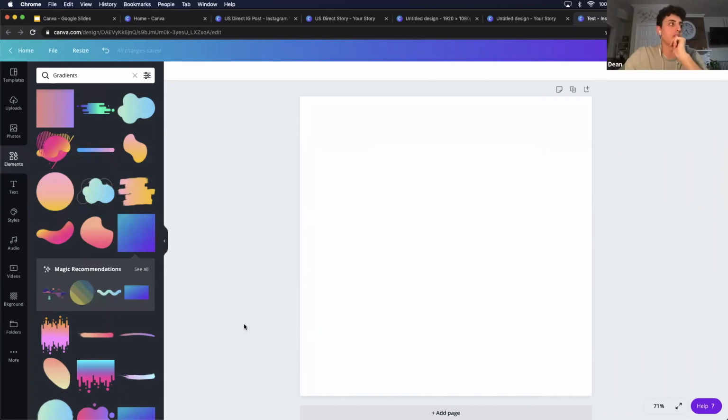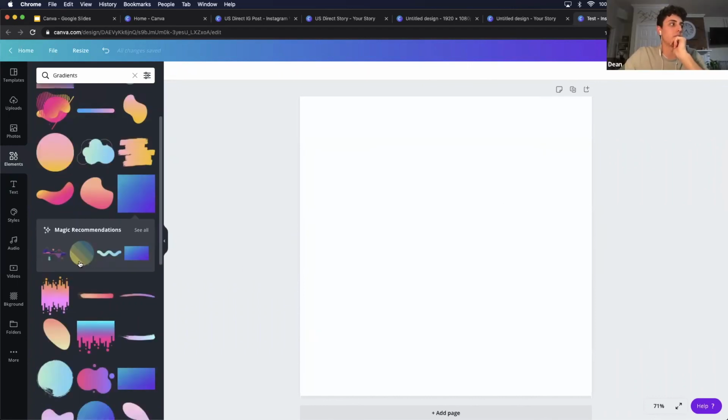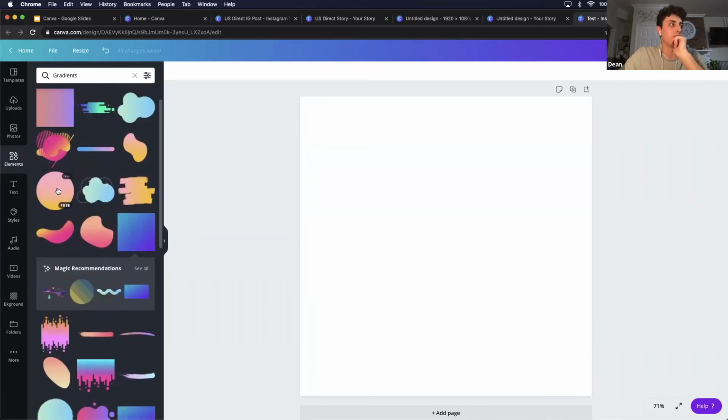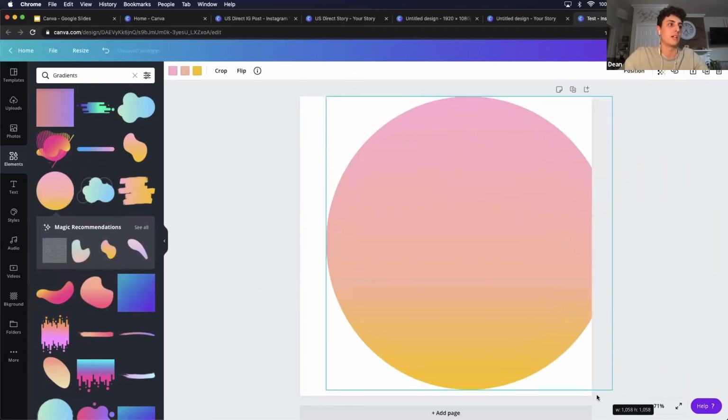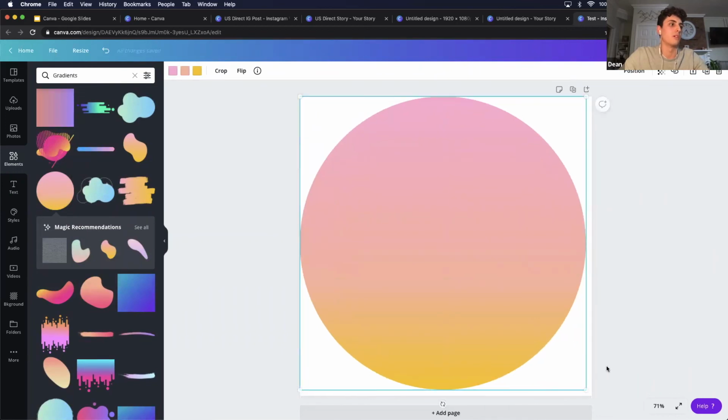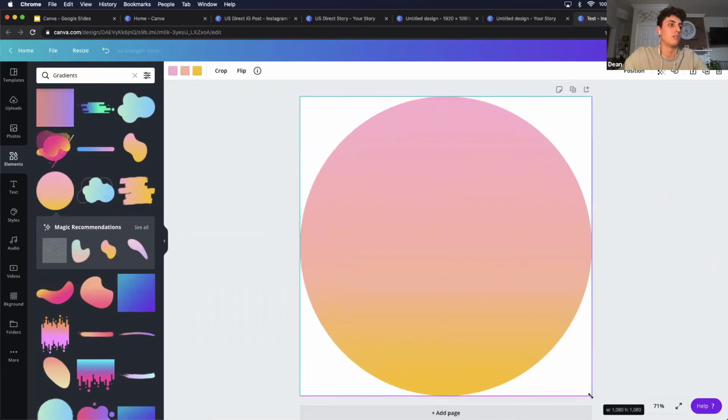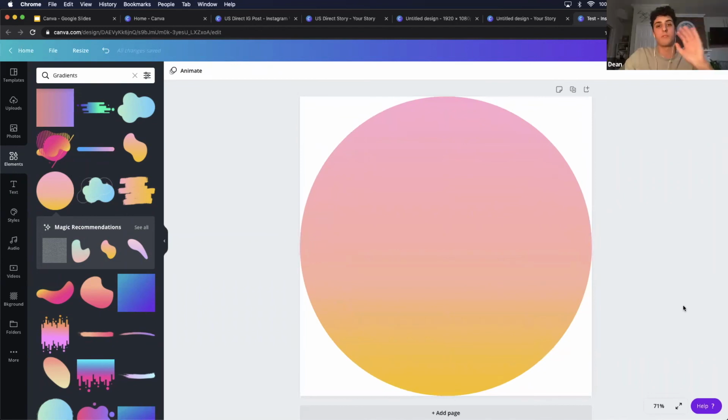And I'll show you exactly what to do right now. So what I would do is I would open up a square. And the reason why is because if you open up a square, you'll be able to get the exact proportions that you need for the circle. So what I did was, this was the first. I also want to make this side note, Debbie, and everybody listening. When you're doing design, whether it's Photoshop or Canva, you always want to think about the design as layers.